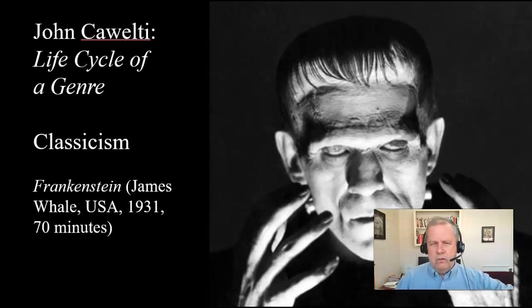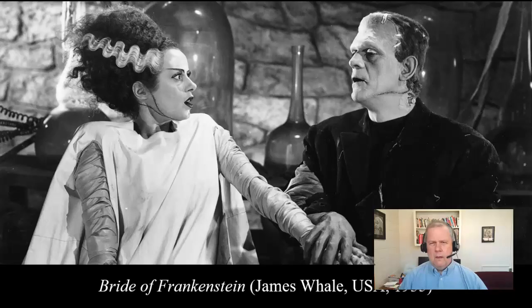That is, the definition of horror films is created during this period as people start to add more and more to the genre. A good example of this is 1935's Bride of Frankenstein, where James Whale adds a female bride and a kind of campy, one might say queer sensibility. Whale himself was gay, and there's a kind of interesting sort of queer subcharge throughout the entire film. And of course, in the Universal films that are considered to be the central texts of Frankenstein, you have all these characters being added: Igor, Dr. Frankenstein, the Frankenstein monster, all kinds of different mad scientists and all kinds of different antagonists for the monster.